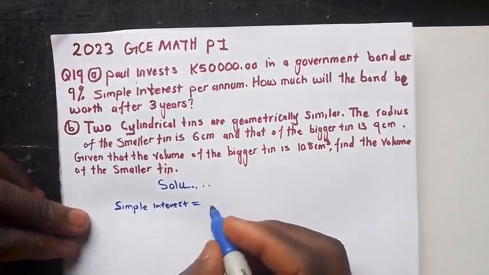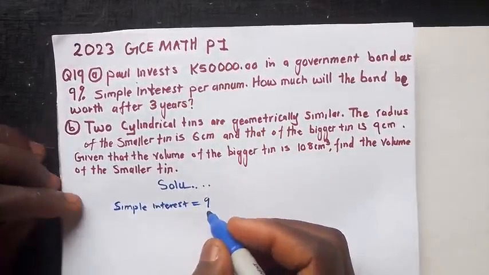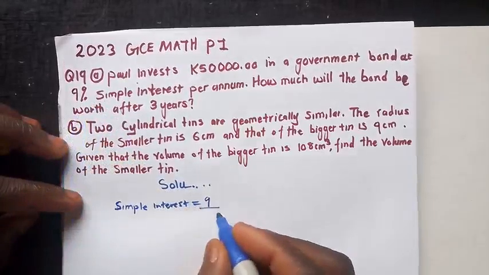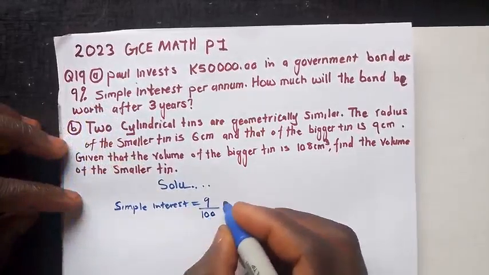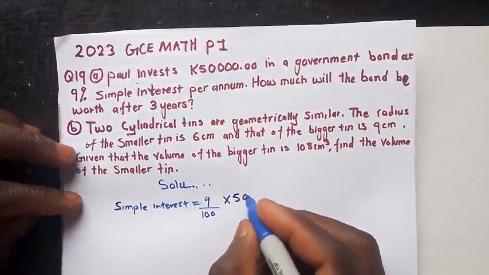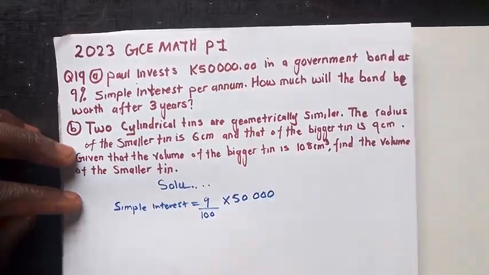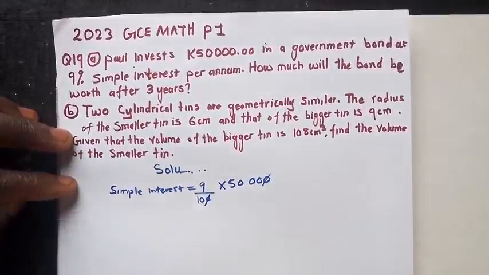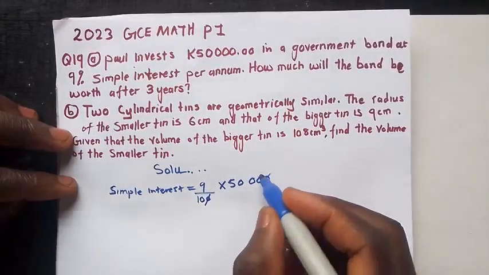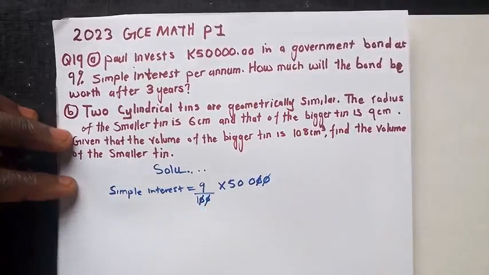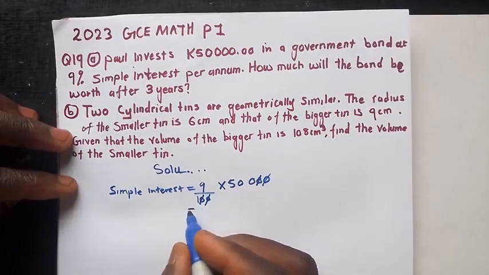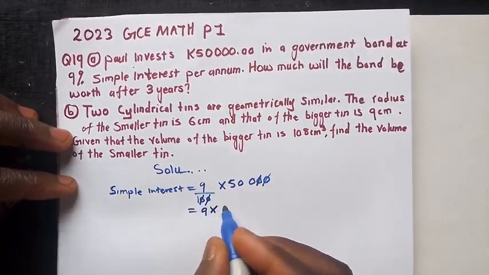Simple interest is equal to 9%. Okay, so now we know that a percentage is over 100, so I'm going to say 9% over 100 multiplied by 50,000. So in this case here, this 0 and this one here, they are going to cancel each other. Even this one and this one, they are going to cancel each other. So here we are meaning 1 into 9, that is 9. So I'm going to say 9 multiplied by